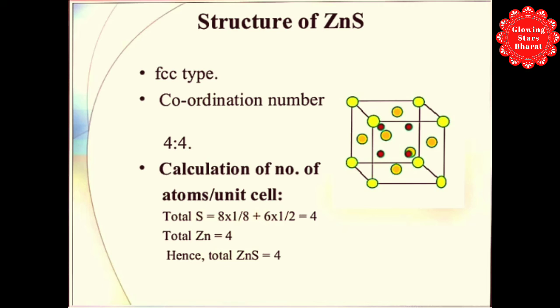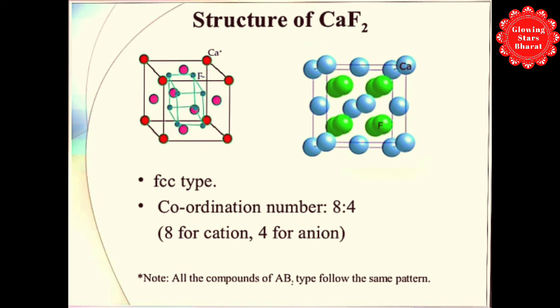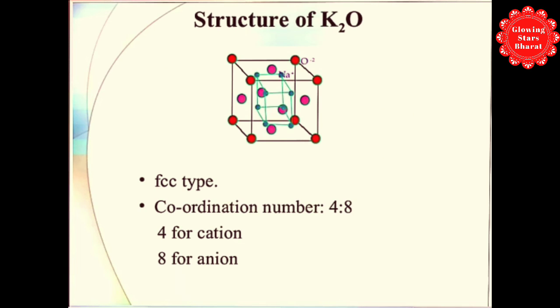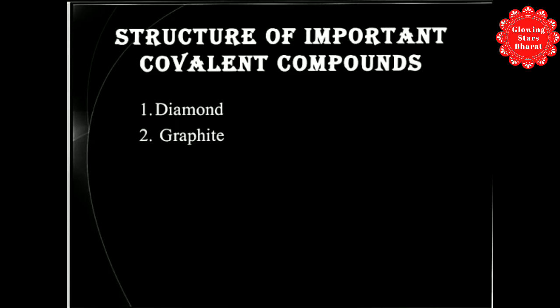Mainly two: diamond and graphite. See the figure. Structure of diamond is FCC type, tetrahedral. C single bond C, bond length equal to 1.54 A, refractive index 2.4, high dispersive power of light, non-conductor of electricity, 3D network, hardest substance ever known, and used as an abrasive. All these features are present in the structure of diamond. The students see the figure. Figure is the 3D structure of diamond.